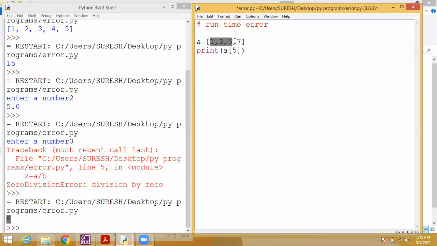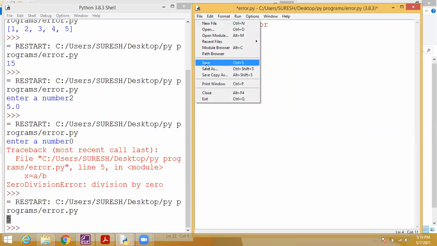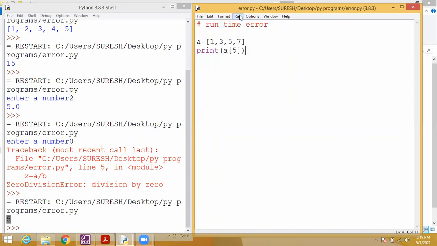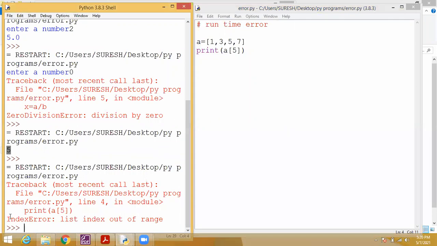So 0, 1, 2, 3. The topmost index is 3, but we are accessing 5. There is no value in the sixth position. So it produces an error called index error, a limitation of index. Storage capacity is not there. There is no index. That is called list index out of range. The range will be 0 to 3, but we are accessing 5, so it shows an error. Students understood?